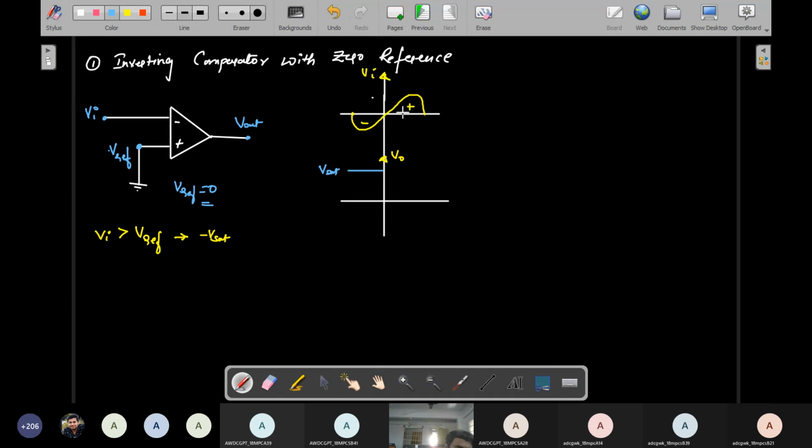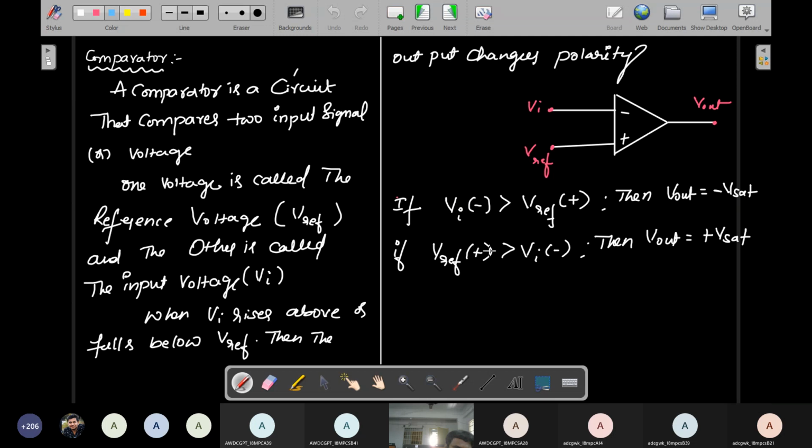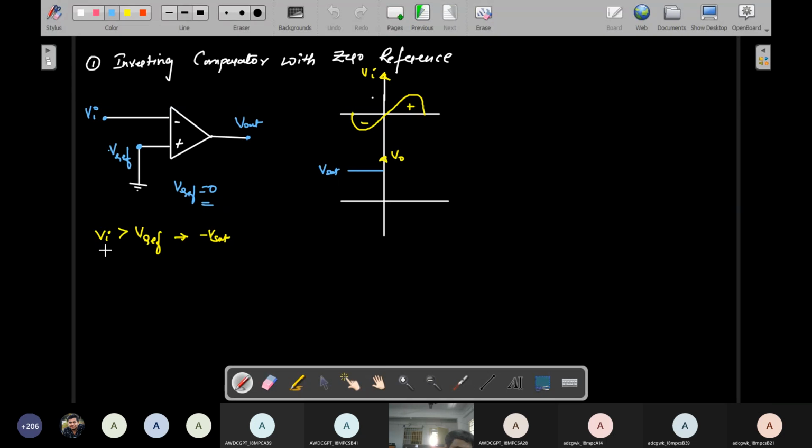Now come to the positive peak. Right now, suppose you are applying a negative signal. This is the saturation condition, because the negative side is treated as greater than the reference, which is a 0 value. Actually, minus values are greater than 0 values in this sense, so that represents negative saturation.